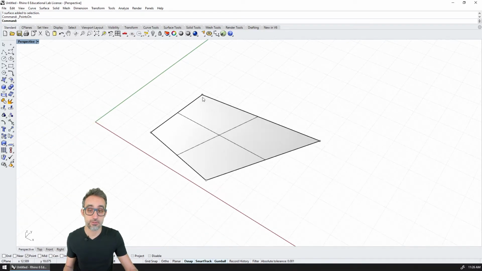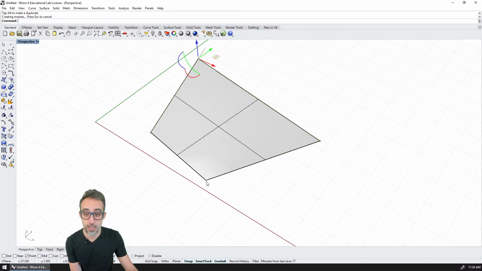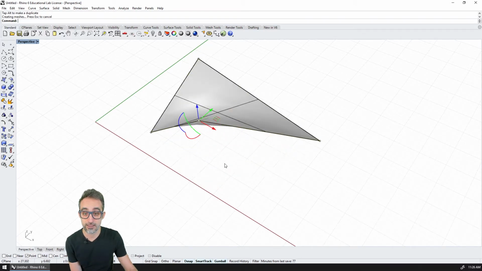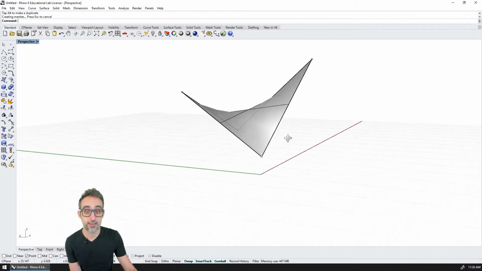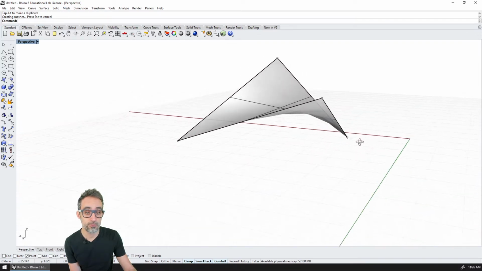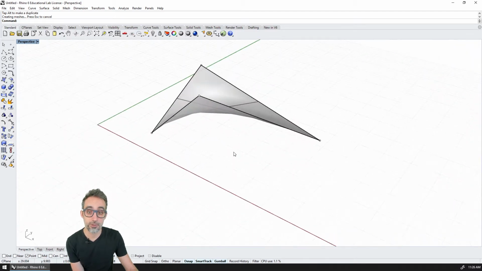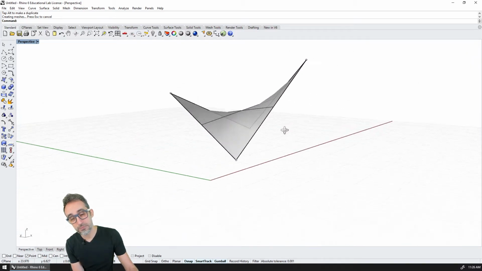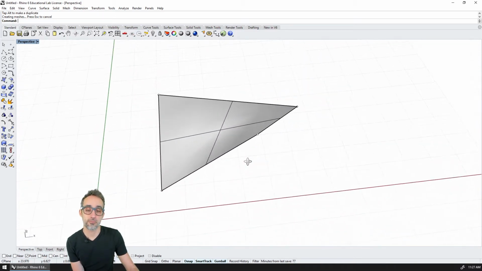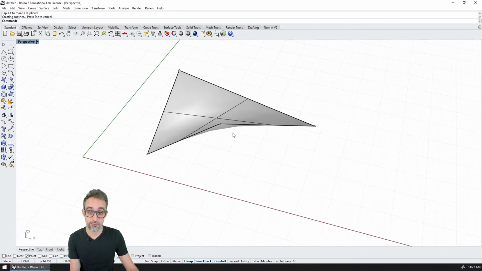This is a very simple surface. It only has 4 control points. But you can see that I can start dragging it. And now this surface has volume in three-dimensional space and looks like a hyperbolic paraboloid kind of situation, right? So this could be a way of creating a surface.